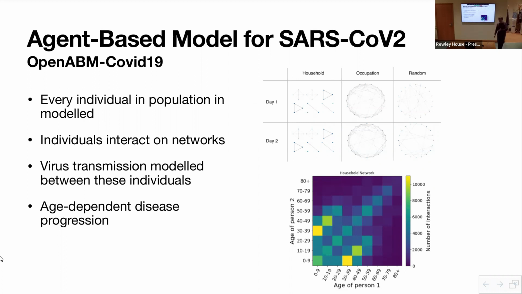And the key thing about SARS-CoV-2 was a very strong age structure within it. It doesn't matter so much about young people getting it, because they're going to have very few symptoms. For elderly people, it's very serious if they get it, because the chance of severe symptoms in the elderly is very high. And it certainly was very high back in 2020.